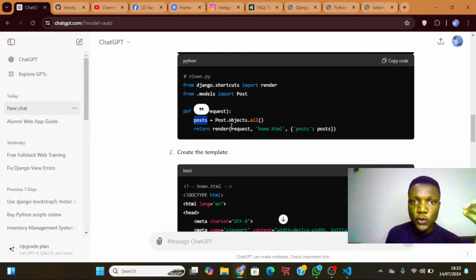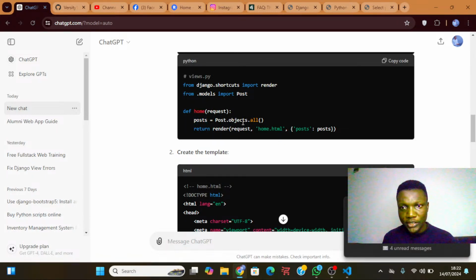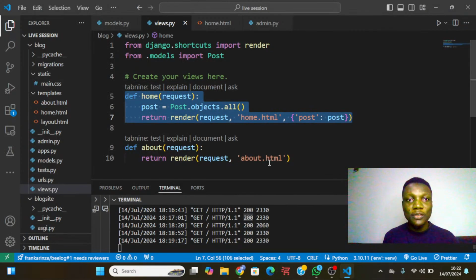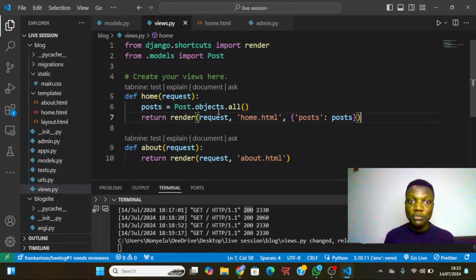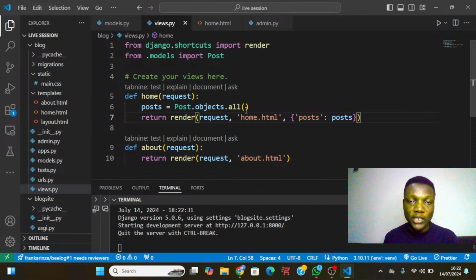But let us just follow the convention that was given to us by ChatGPT, just to show you that these things are now easy. In fact, the world is very easy now. So instead of changing everything, I can just, okay, let's do this. So it's still the same thing. You can see that it is still post.object.all, and it is still returning render HTML, and it is also giving us this, just that